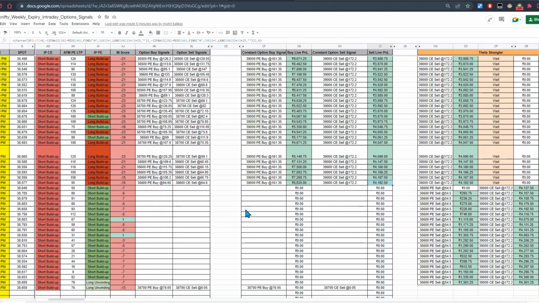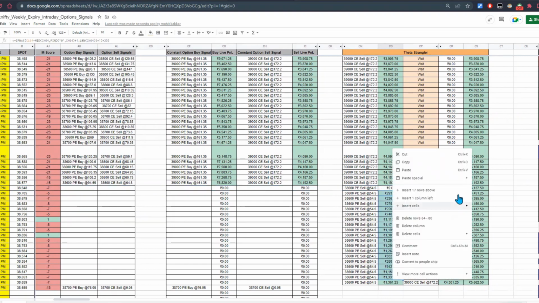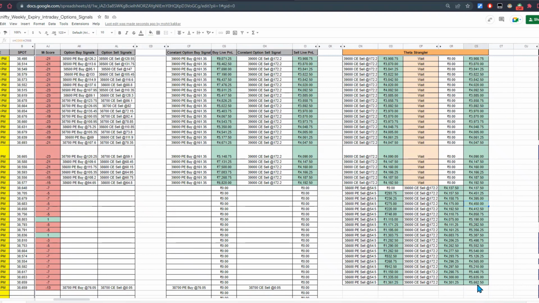Even if we see, the scores were kind of a mixed bag here. After the put buy, there was no call buy generated by the system. We can see the timestamp here, 2 p.m. After 2 p.m. there was no trade zone. It was mixed. So if we just held both the options on the sell side, we could have just ended up a day with the